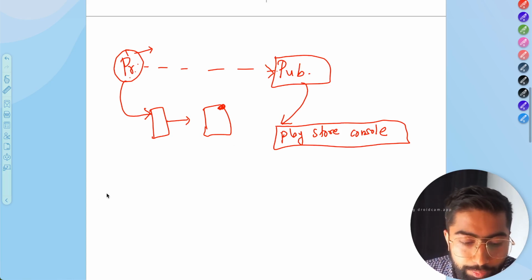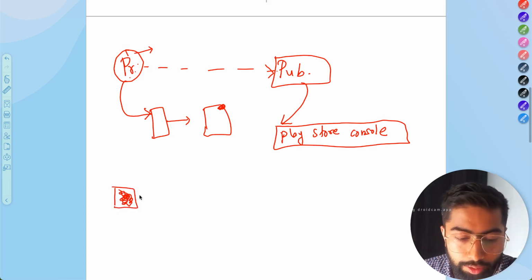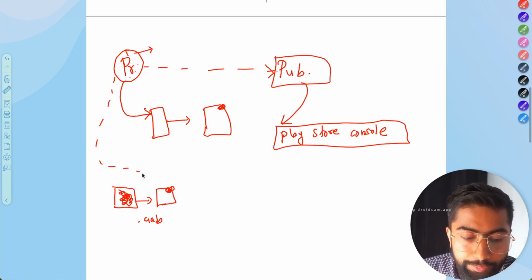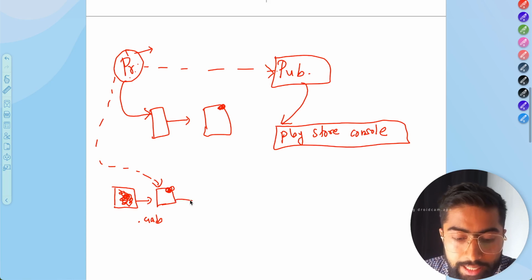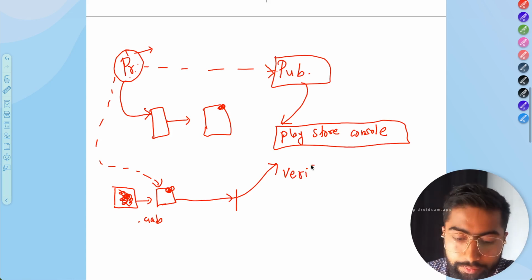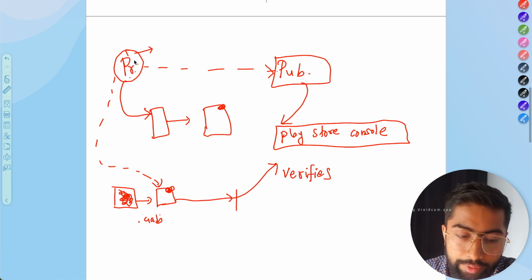Now I have to update my app. I made changes and created my AAB file. Let's say I created a bundle which is signed with my private key. Only if I sign it with my private key and then upload it to the Play Store, the Play Store verifies that this app bundle is signed with my original private key, whose equivalent public key I uploaded to the